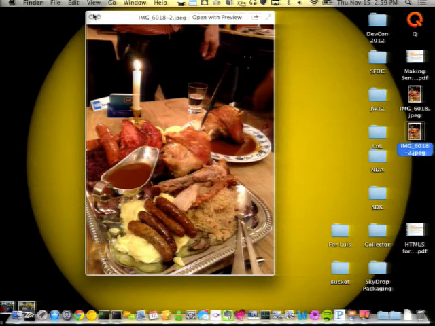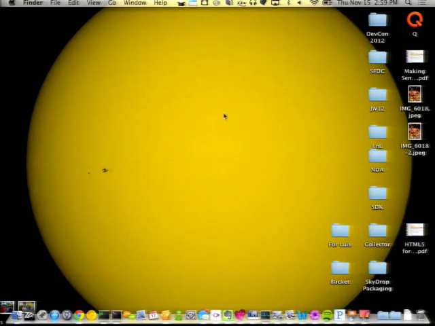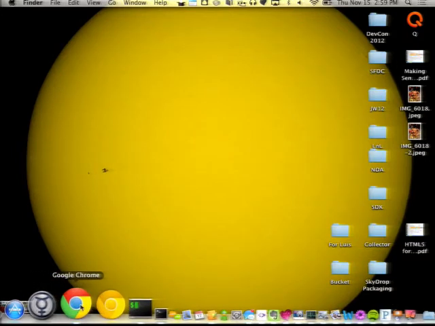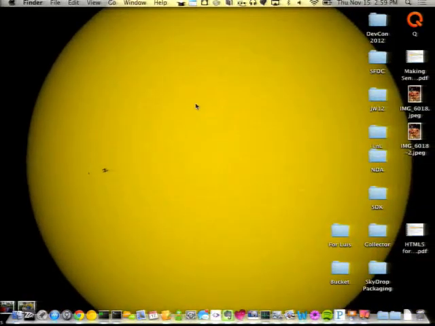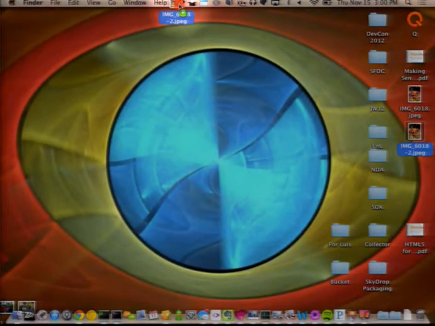So let's share this file with a couple friends here. So all I'm going to do here is, actually, I need to do something here. Sometimes because my resolution gets all kind of reduced here, my SkyDrop icon is hiding somewhere back here, so I think I'm going to need to do a little bit of cleanup. There it is. That's my SkyDrop icon. So here's what I'm going to do. I'm going to take my file. I'm going to drag it over to SkyDrop, and notice it turns into a little plus sign.